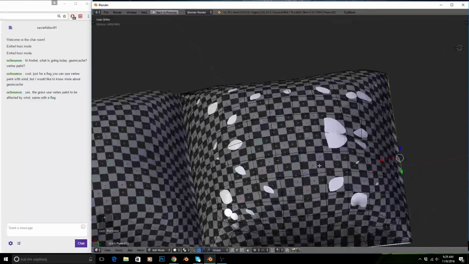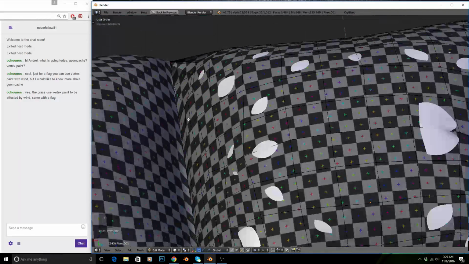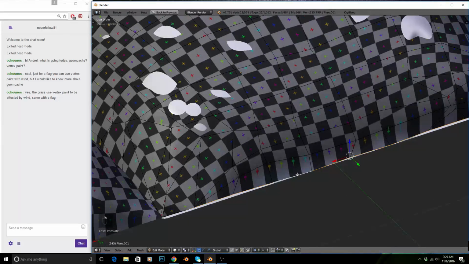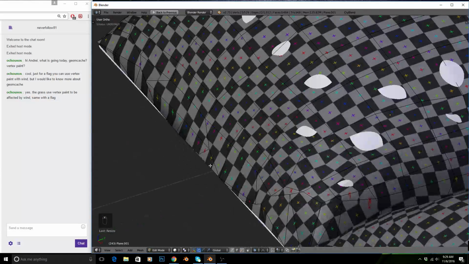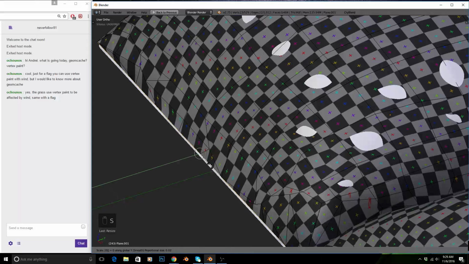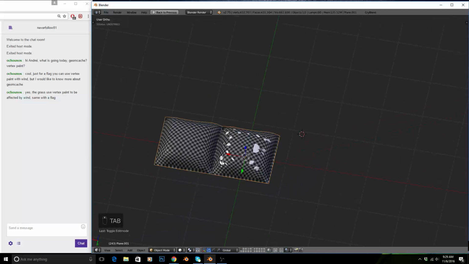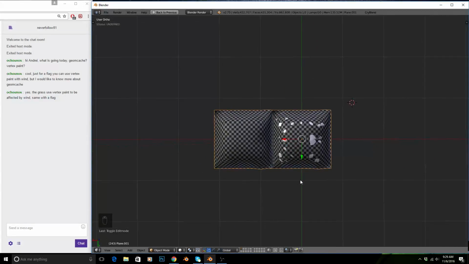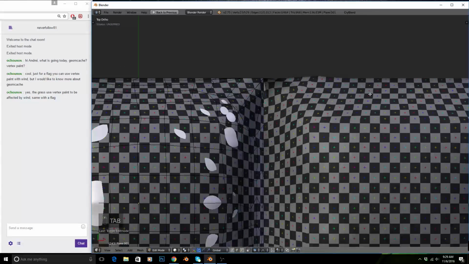So that way, when you apply your array modifiers, you don't get a gap in between. Alright, so that's for that edge, and let's do it for this one as well, like that. And like that. Okay, so now that we got that out of the way, and hopefully everything will look squarish, though it doesn't